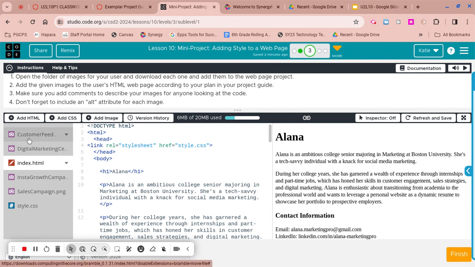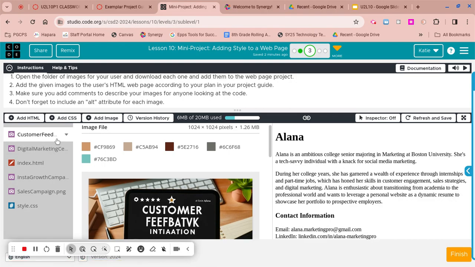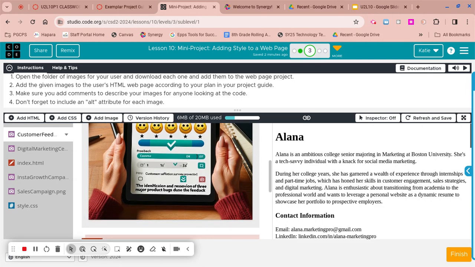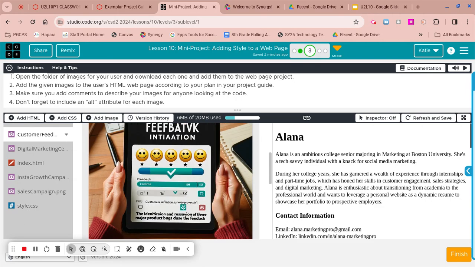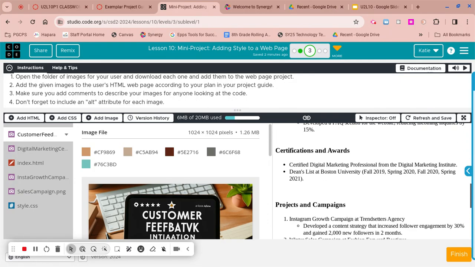However many images your client has, that's the number of images you're going to add to your web page. I'm going to, one by one, take a look at each of these and decide where I want it to go. So it says this image is a customer feedback image. And it looks like someone is rating how much they like something. So when I think about customer feedback,